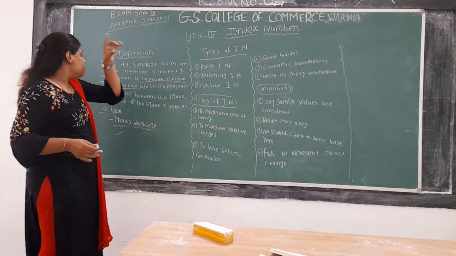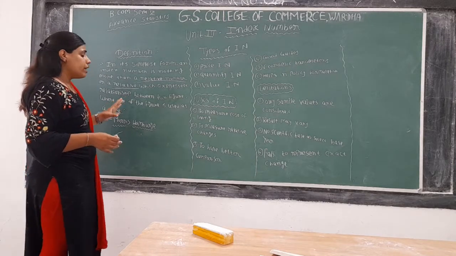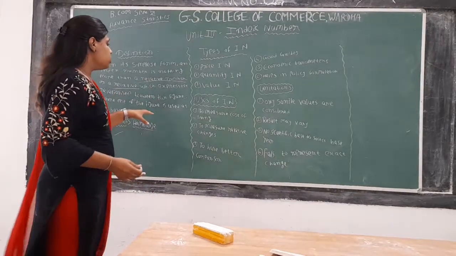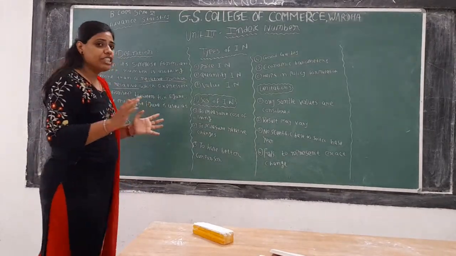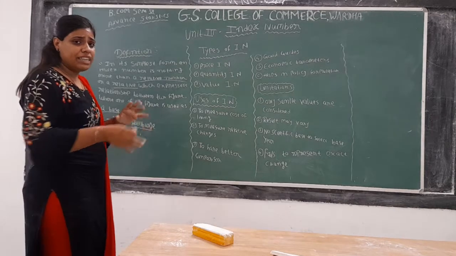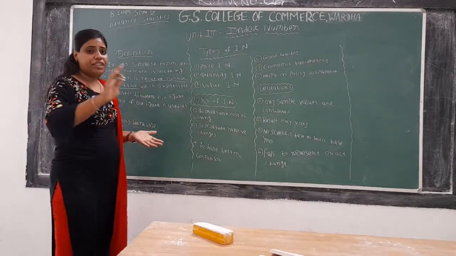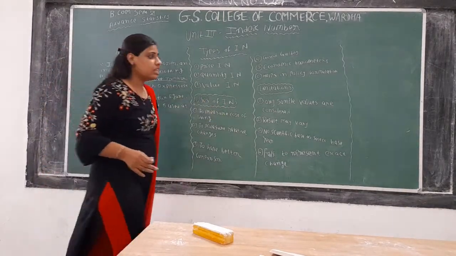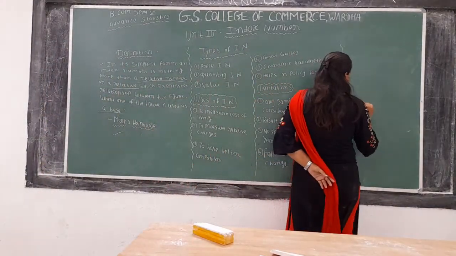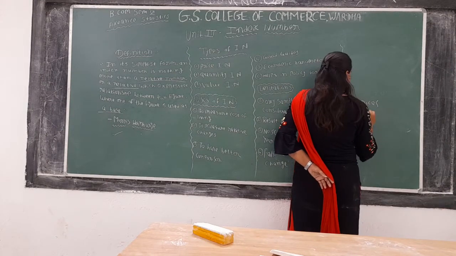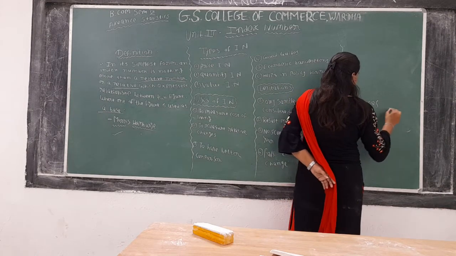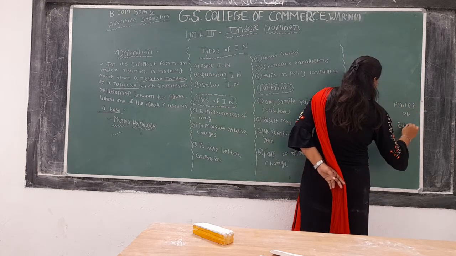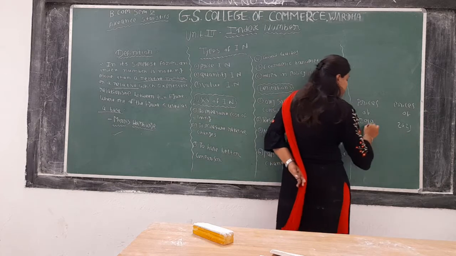He is saying it is the simplest form of index number. It is a relative number or a relative measure which is used in order to express the relationship between a variable at two different times or two different geographical locations, etc. Like I have given you the example of the prices of 2010 and the prices of 2021.